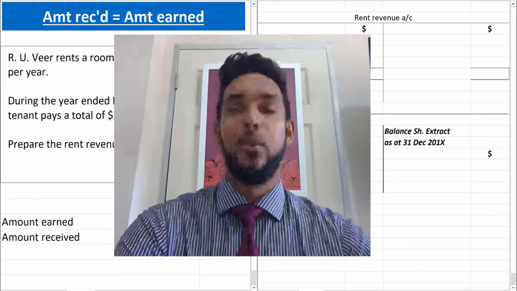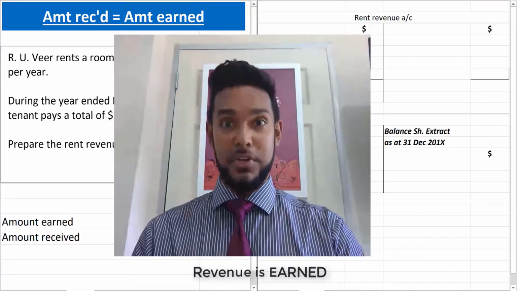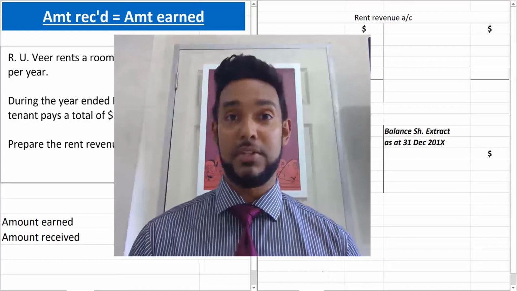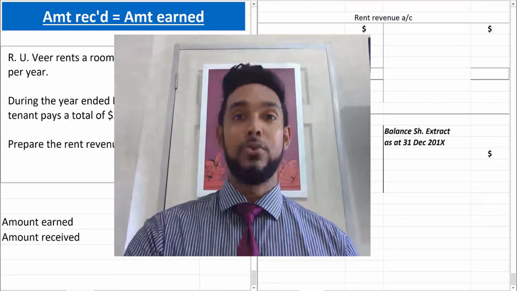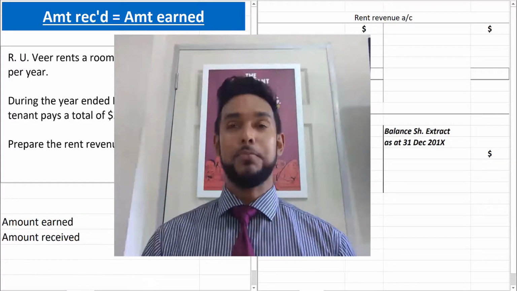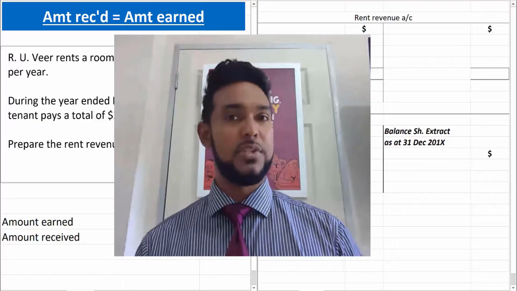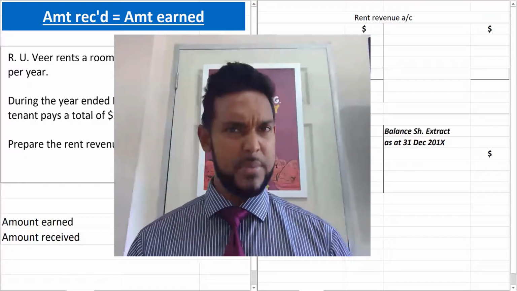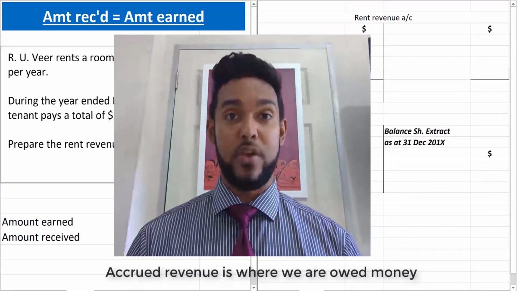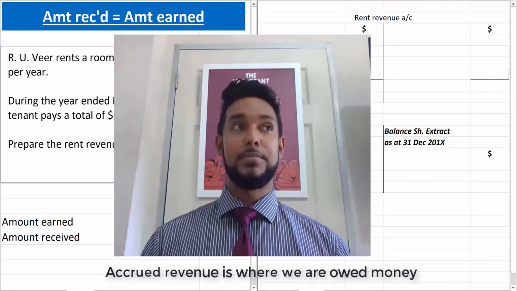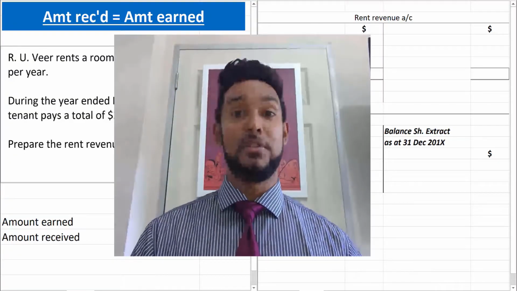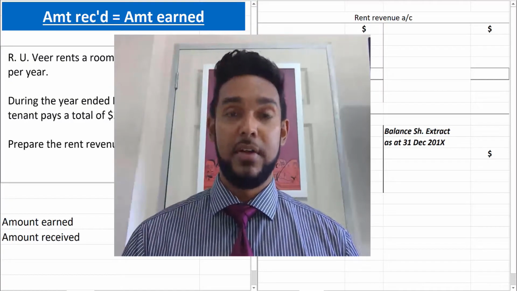Now, like I said in the definition, revenue is earned. That means the money becomes yours when you provide that good or that service. And you would like to receive the money you have earned from your clients. So the thing is, sometimes we don't receive all of the money one time, we receive it piece by piece. In which case, we would have accrued revenue, or revenue owing to us. Sometimes people pay in advance or they pay too much. And in that case, if they pay before the service is rendered or before the good is delivered, then we